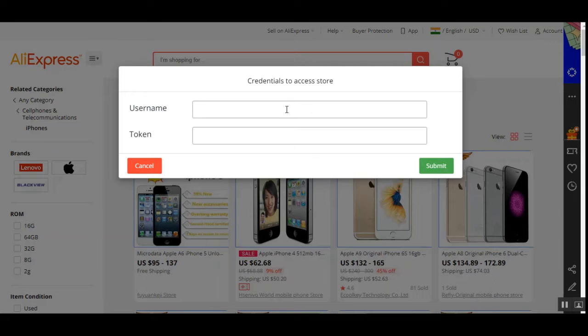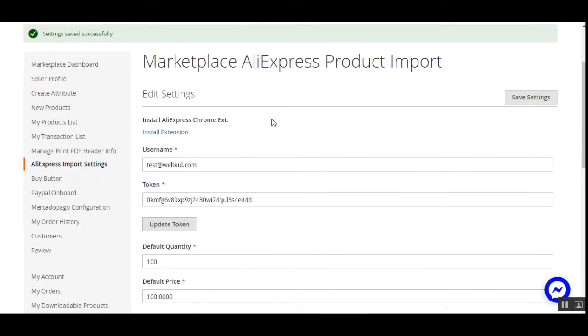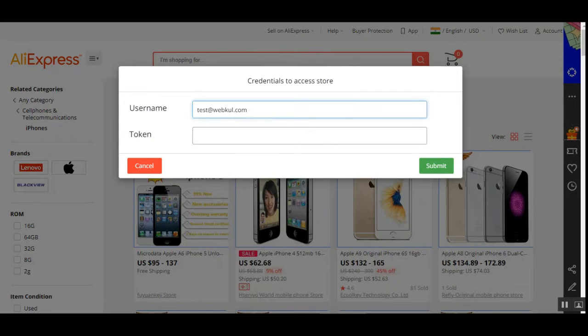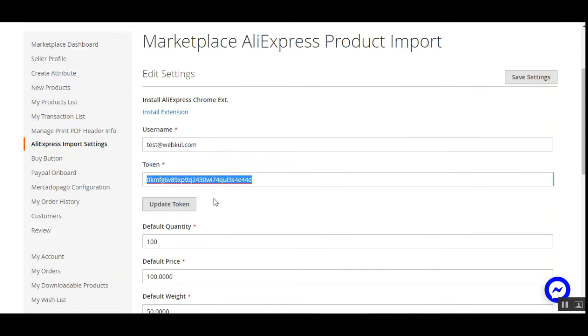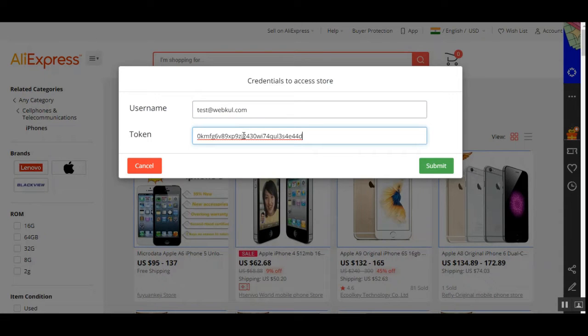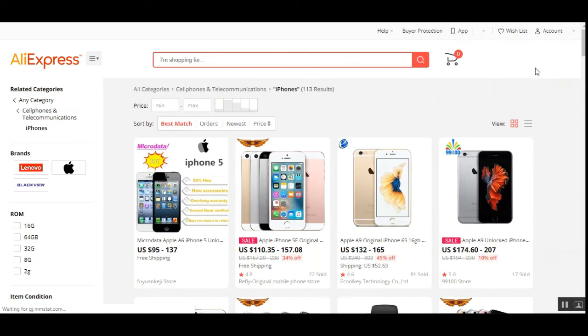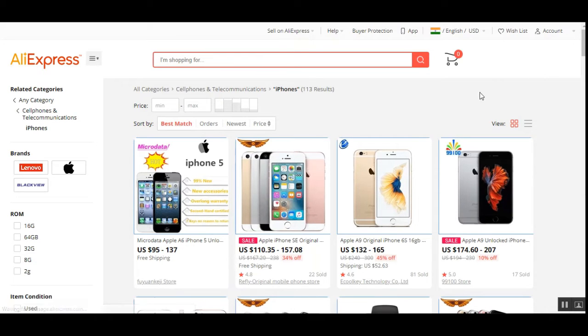After tapping the next button, now the vendor needs to enter the username and token. So we can get that from here under the marketplace AliExpress product settings. So here's the username for this particular seller, and this is the token for the same. And now let me tap the submit button. So you can see that we have authenticated the store successfully. Now we are good to go for importing the products. So now let me tap here on the click to import button,